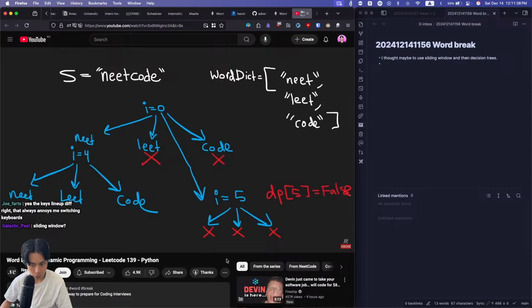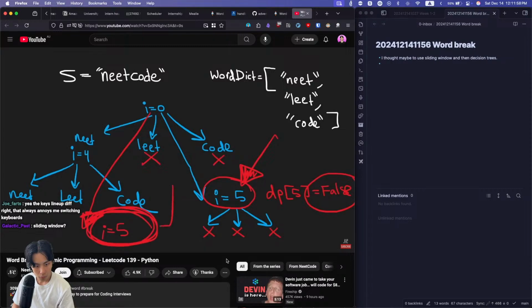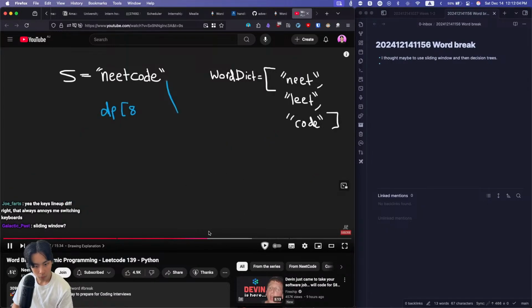Basically, what we're saying is if we ever reached this same function call, if we ever tried it again, maybe this decision tree could be really big. Maybe there would be another path from somewhere over here where we tried index i equals 5 again. In that case, we would want to return false immediately because we saw from here there was no possible way to break it down. Therefore, we don't need to redo all of that work if we try the same exact thing. So we discovered that our base case is going to be dp of 8 because 8 is the length